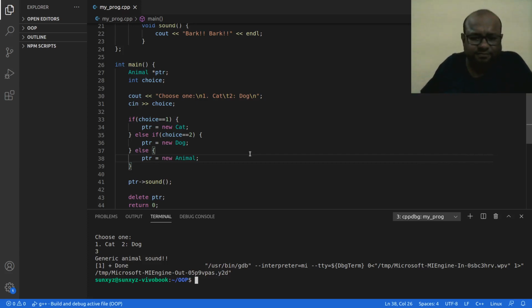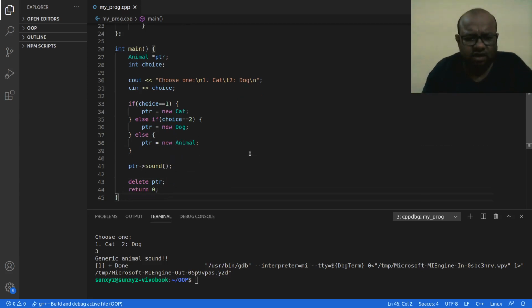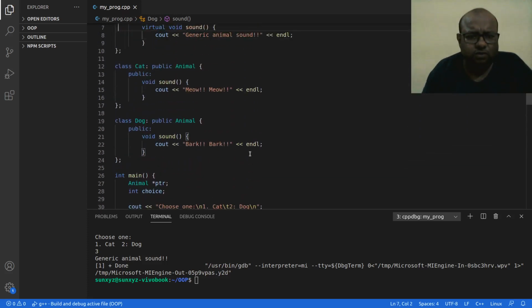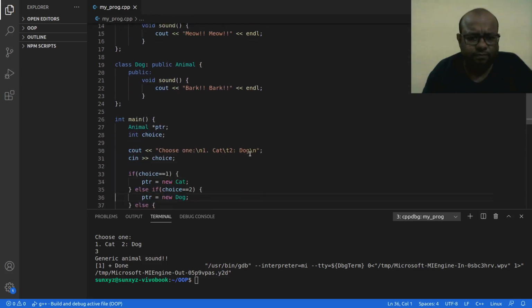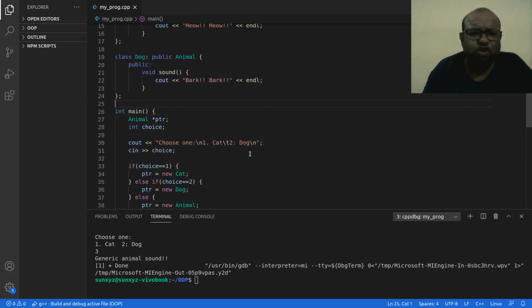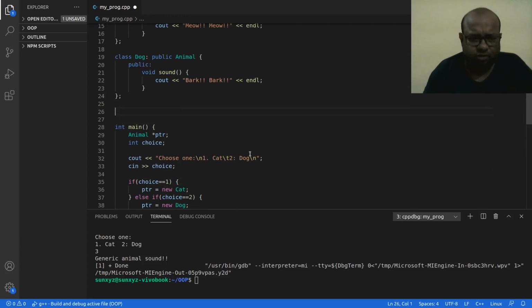Okay, so this is what I have. Now this is one application of runtime polymorphism that you can see on your screen. This is a very simple application. You can think of more complicated application. We will of course see more complicated application two classes down the line. Alright, so this is what I have. Now let me do one more thing. Let me show you another application of runtime polymorphism.